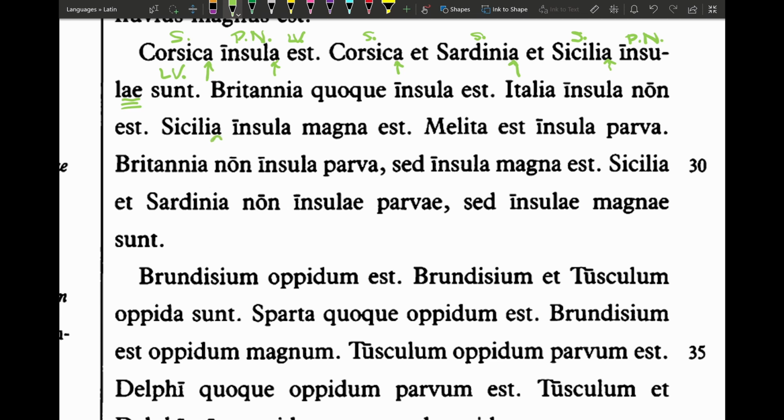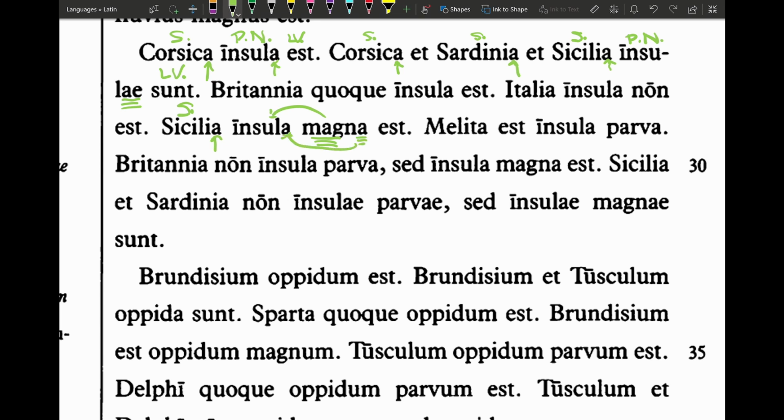Okay, we have something new going on here. So this is our subject, right? But notice here, we have 2 words that also have the nominative case on them. All right, so one of them is a noun, and that word is insula. That's the noun. This word here, magna, is an adjective, and it is modifying this noun here. Okay, and notice that the A, look at the A here, on the end of it, is agreeing with the